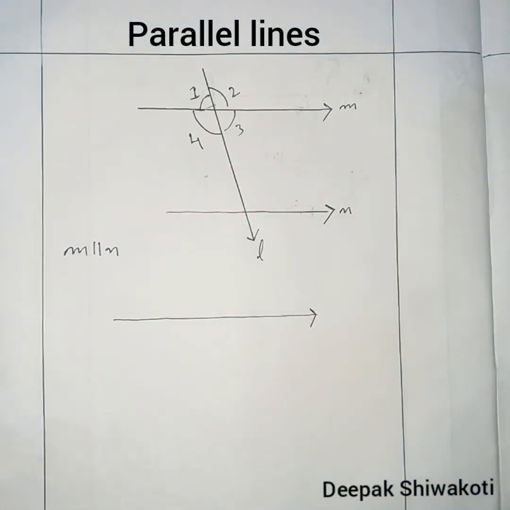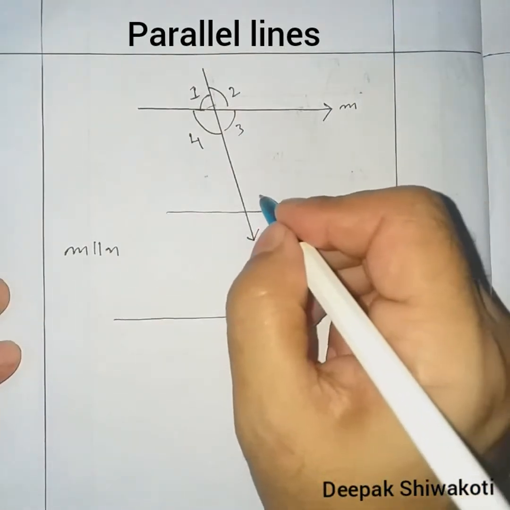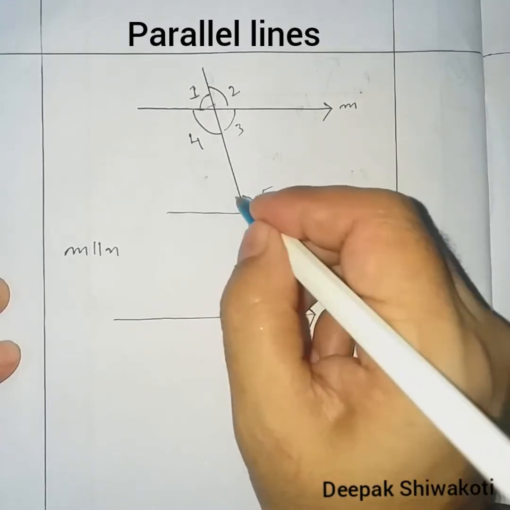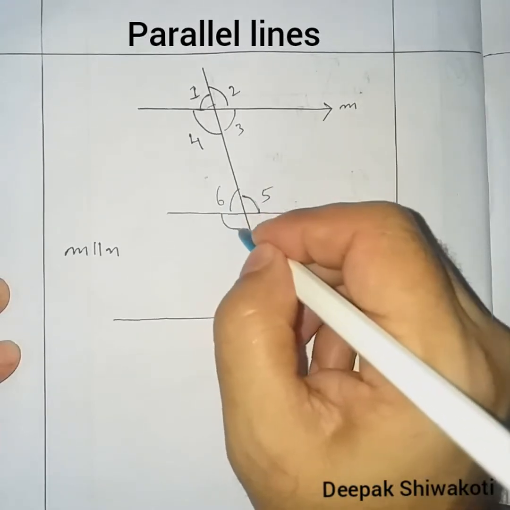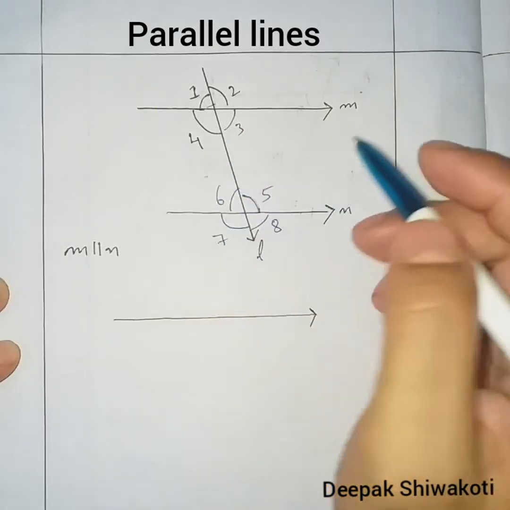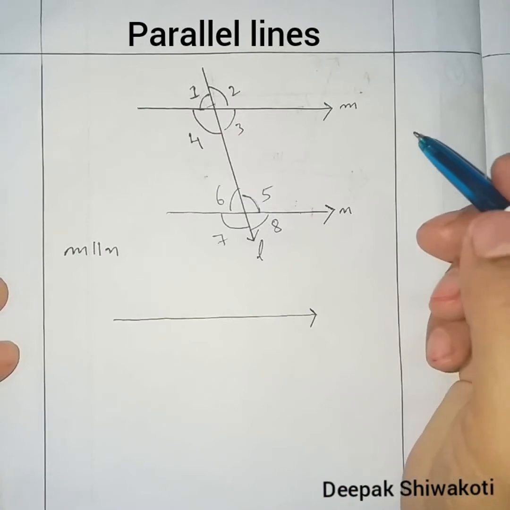And here angles formed are 5, 6, 7 and 8. So 8 angles are formed here. All right,